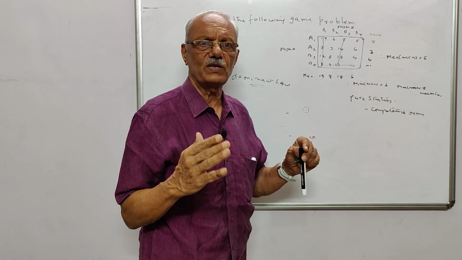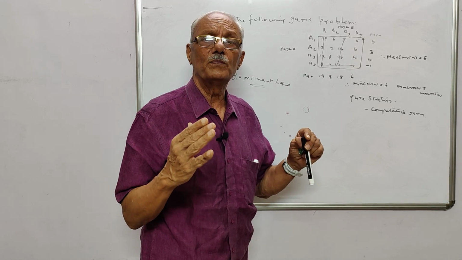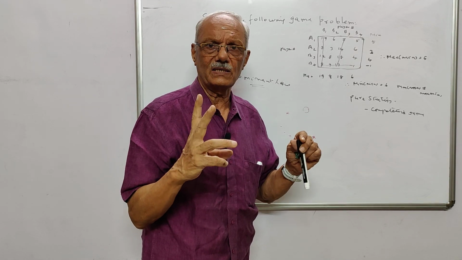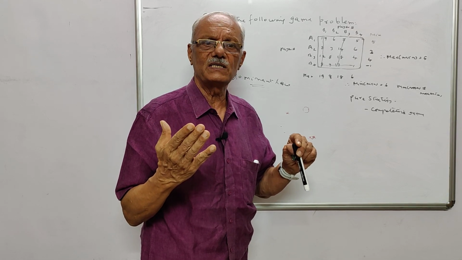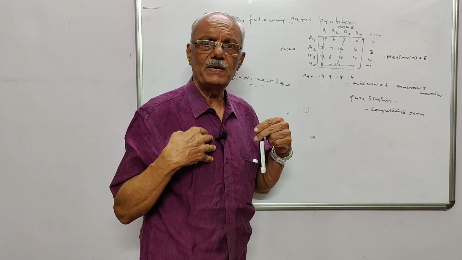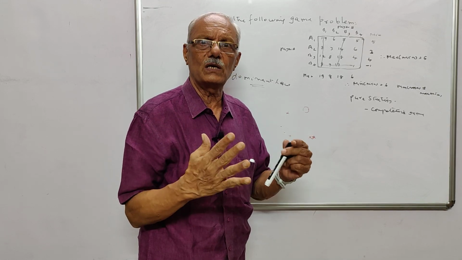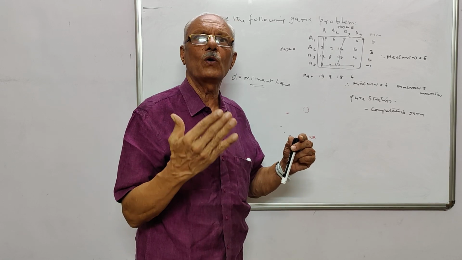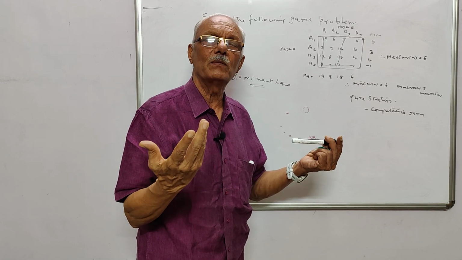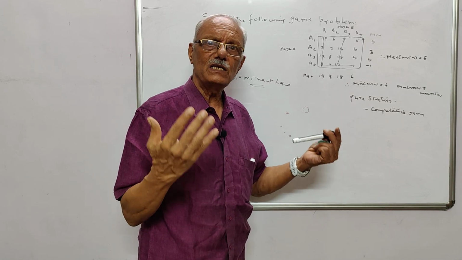number of strategies for A and B, but ultimately you must be able to bring it to a 2 cross 2 matrix. 2 cross 2 matrix, because ultimately what happens between players is that if at all I play, finally I choose only 2 strategies, cut down and come to 2 strategies, and likewise the opponent will also do. So ultimately it will become a 2 cross 2 matrix, and you know very well that any number of teams